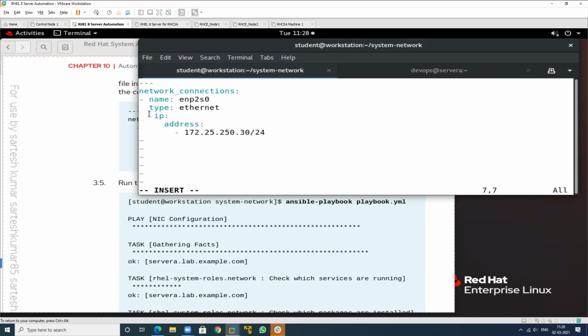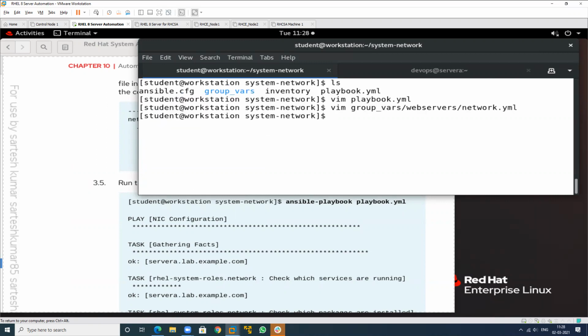So IP and type will both be the same, no? This starts from this. Okay, this value. Yes, sir. And this is my address, and IP is this. So the indentation will be complete.